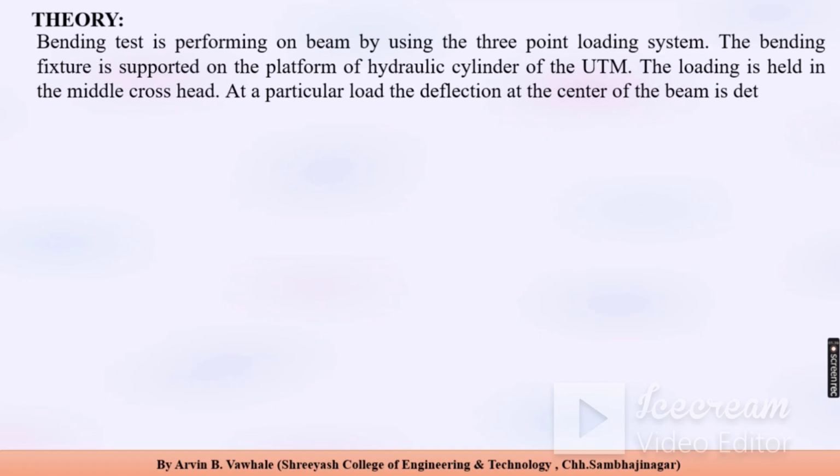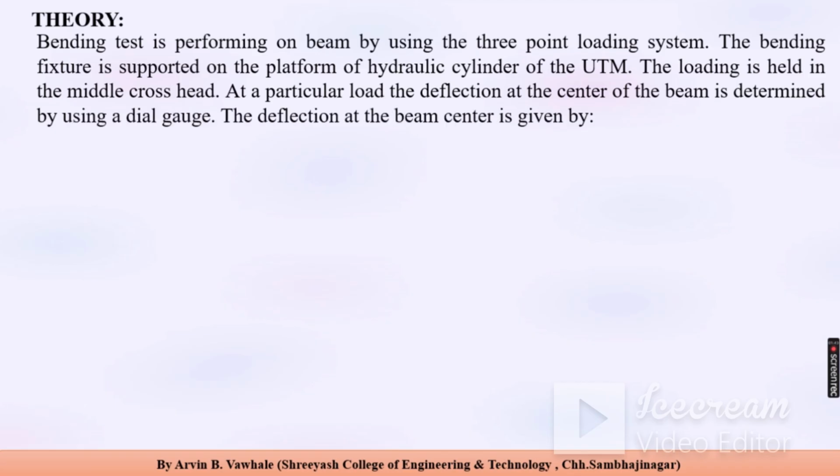Theory: a bending test is performed on a beam by using the three-point loading system. The bending fixture is supported on the platform of the hydraulic cylinder of the UTM. The load is applied by the middle crosshead. At a particular load, the deflection at the center of the beam is determined by using a dial gauge. The deflection at the beam center is given by deflection equals W L cubed by 48 E I, and the unit is